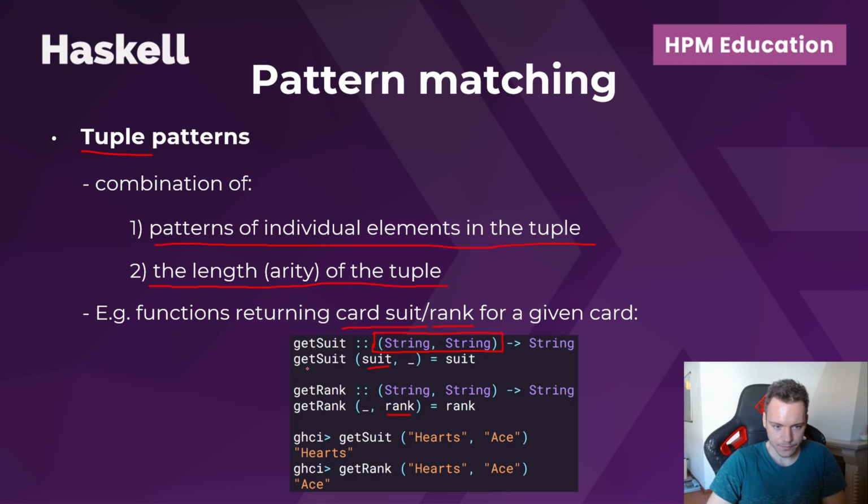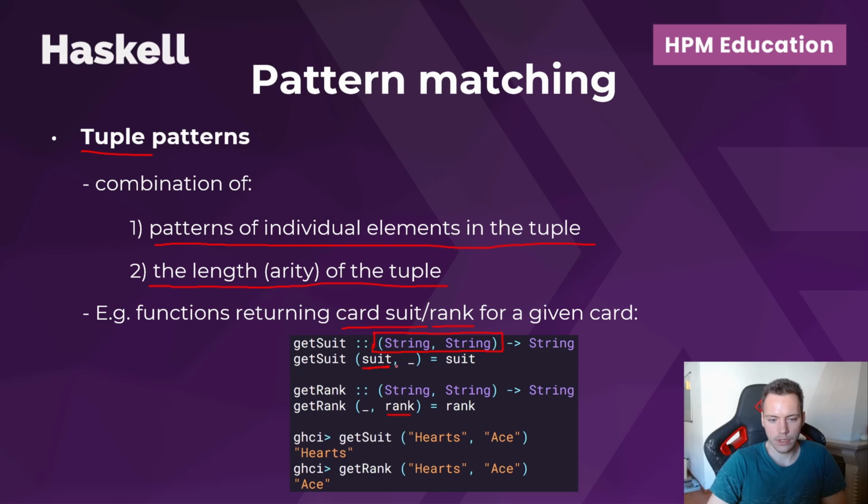We have getSuit, the name of the function, and then we have a pattern which in parentheses signifies it is a tuple, and then the first argument, or the first element of this tuple, we name it suit,